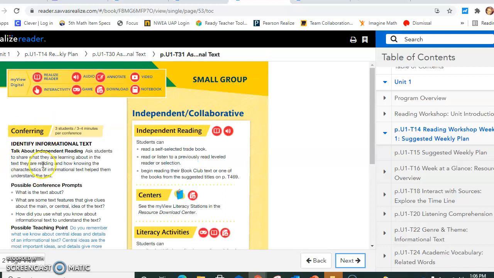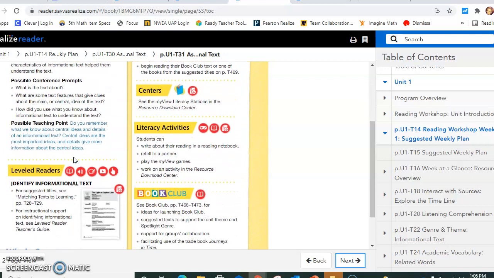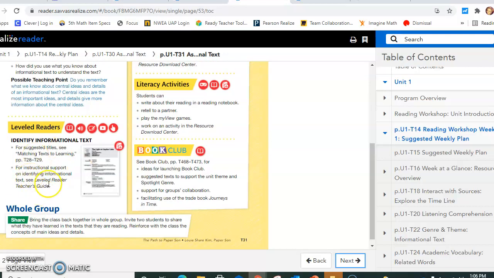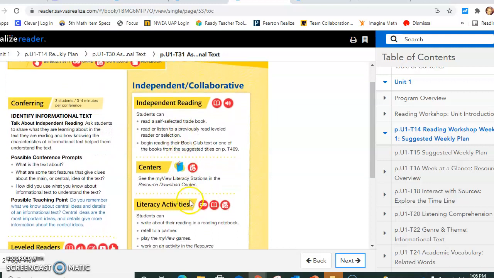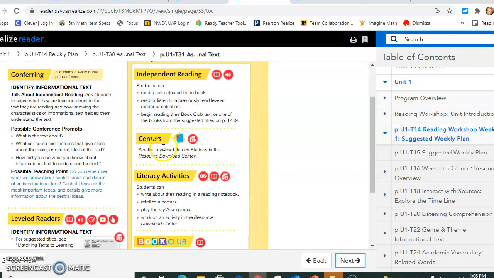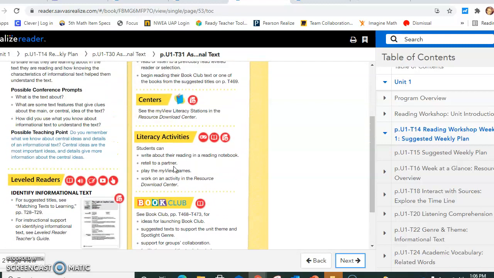Over here, it also talks about conferring, which are conferences and different conference prompts you could use, and then also using the leveled readers. Here they give some ideas of things they could be doing while you're working at your teacher table. I have yet to access these centers, but they could independent read. Here's different literacy activities. But today we're going to focus on